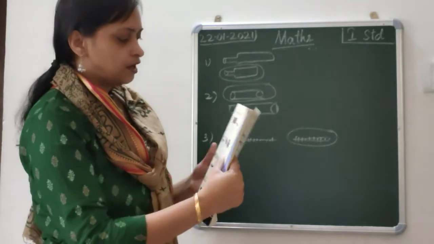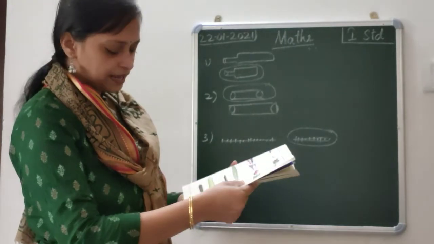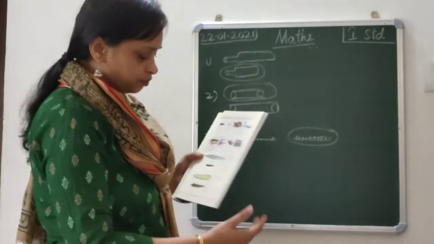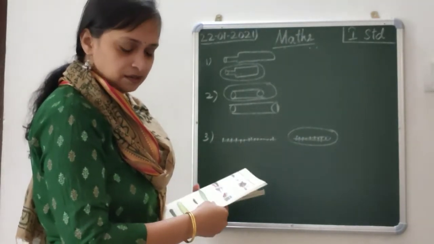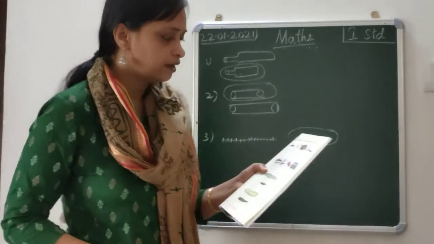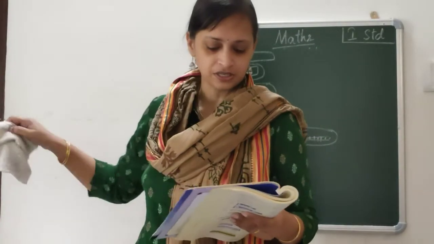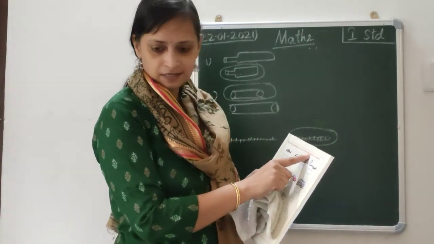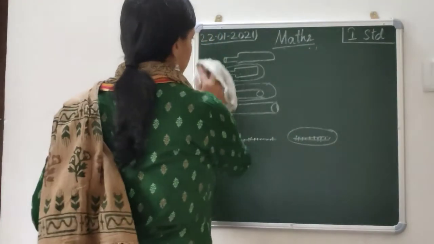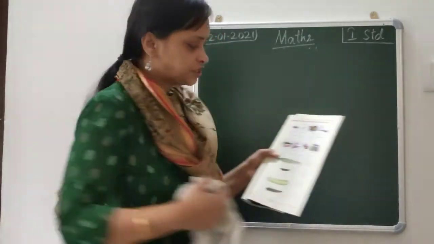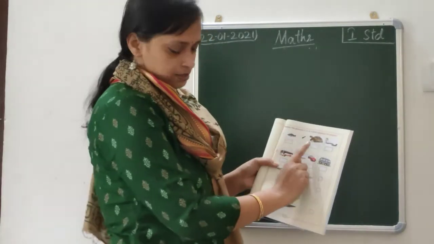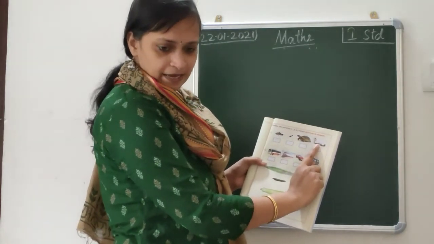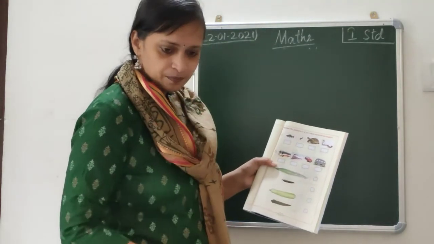Yes, ma'am. Now turn your book to the next page, page number 171. Okay, turn your book to page number 171. Now here you need to number the pictures 1, 2, 3, 4 starting from the shortest. You have 4 pictures given here. One is fish, second is an ant, third is a tortoise, and fourth is a snake. Which is the shortest one?